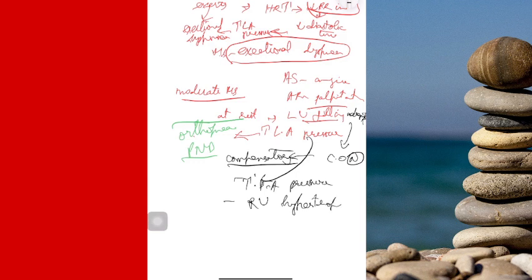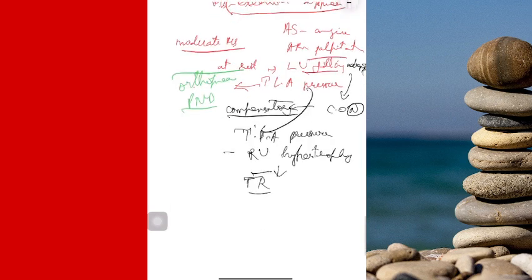So when your right ventricle is hypertrophied, you will have something called tricuspid regurgitation. Same mechanism. When your ventricle enlarges, hypertrophy actually does not mean dilatation. Dilatation is totally different from hypertrophy. But in your right heart, you can have right ventricular hypertrophy as well as annulus dilatation of the atrioventricular valve, and you can have tricuspid regurgitation. So this tricuspid regurgitation is an associated finding of a moderate MS.